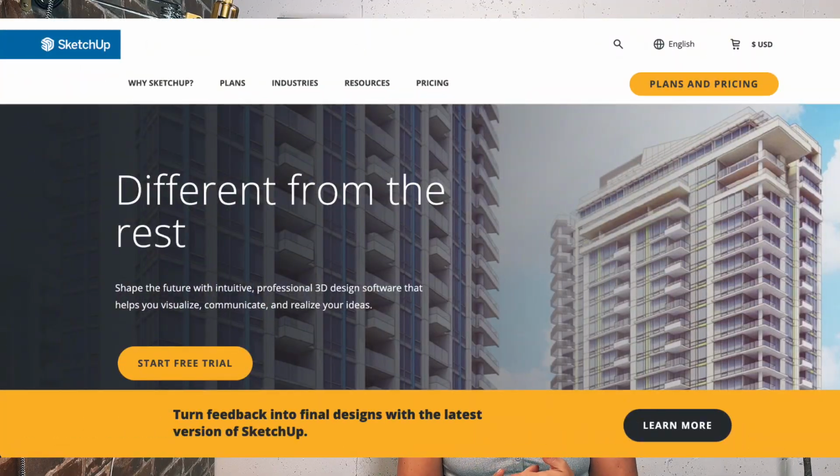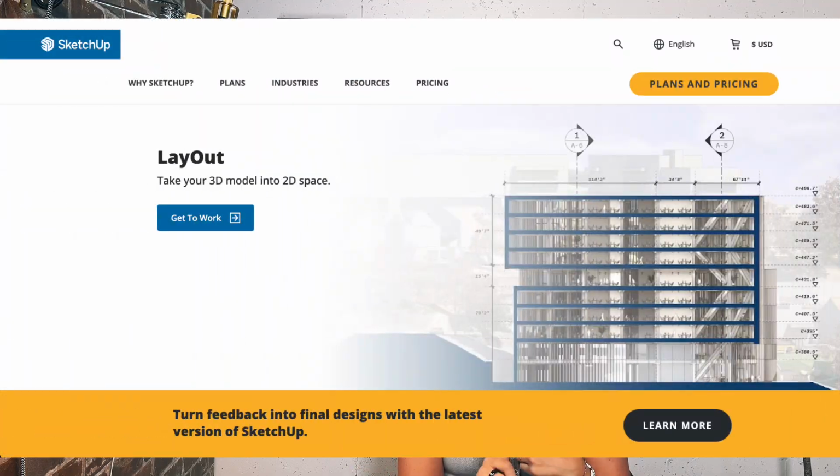SketchUp is a 3D modeling tool that I use on all of my projects. It is great for building out your interiors, moving around ideas, conceptualizing. It is the software that I teach to my students in my classes. Layout is a companion to SketchUp, and that is where you can produce your construction documents,